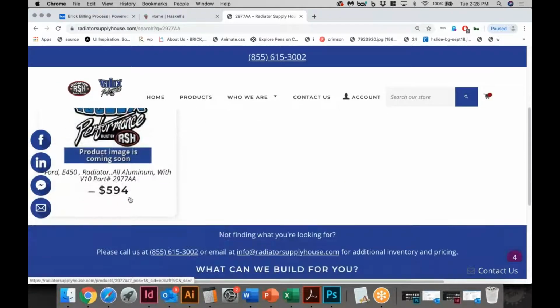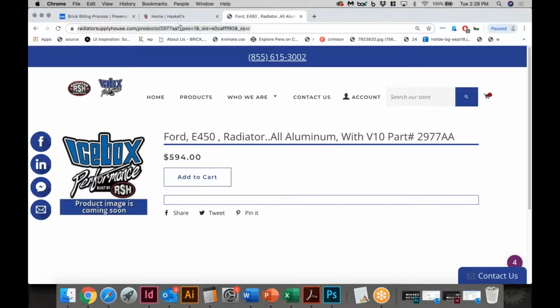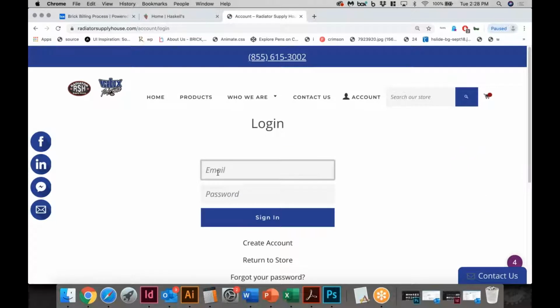When I click on this product right here, this is the regular price for this product. When I click on it, notice how it shows the handle that I have. Now, if I log in with my account, which I've already set up as a dealer,